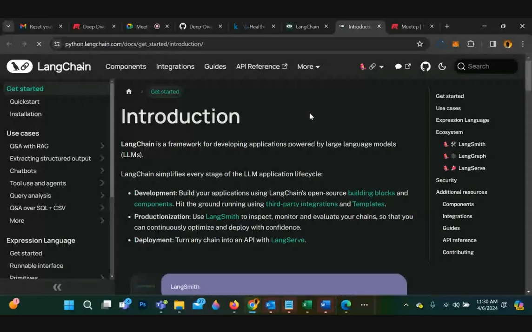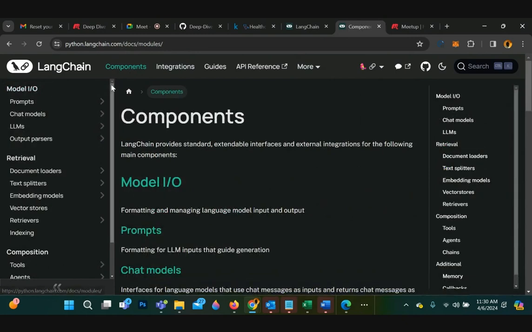So this site for LangChain, basically it's a framework that helps you to build applications using large language models. There are different components that come with it. One of the components is a model, right?